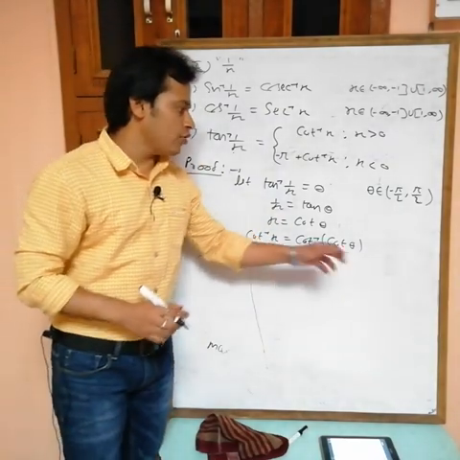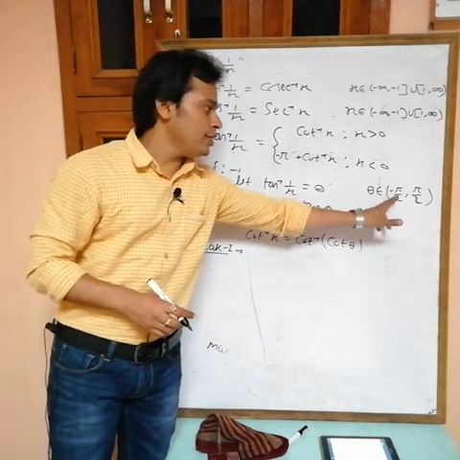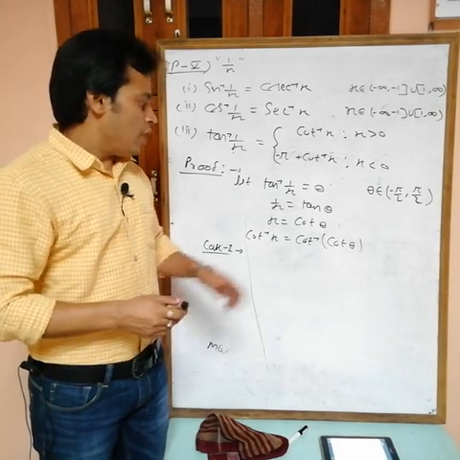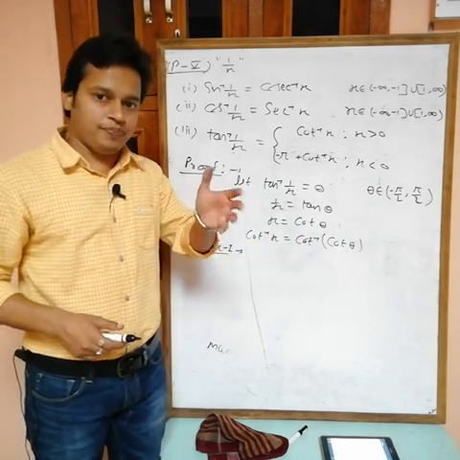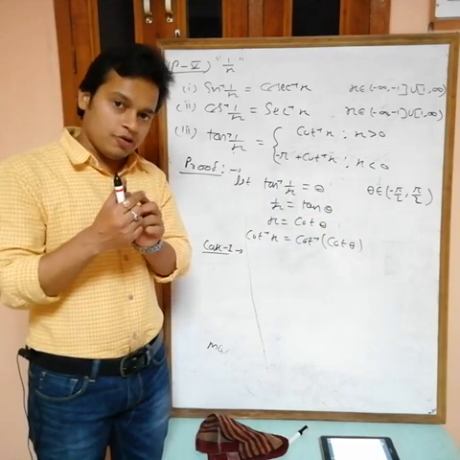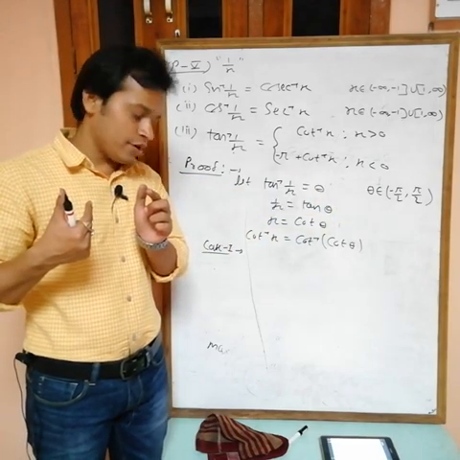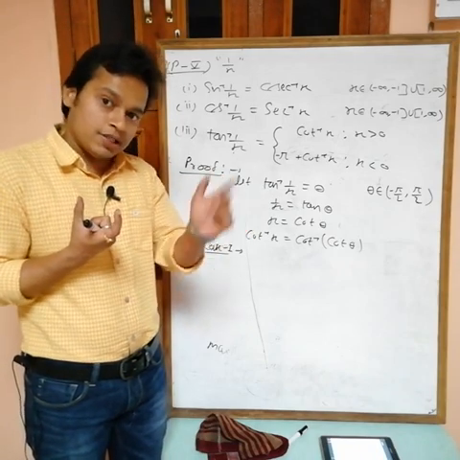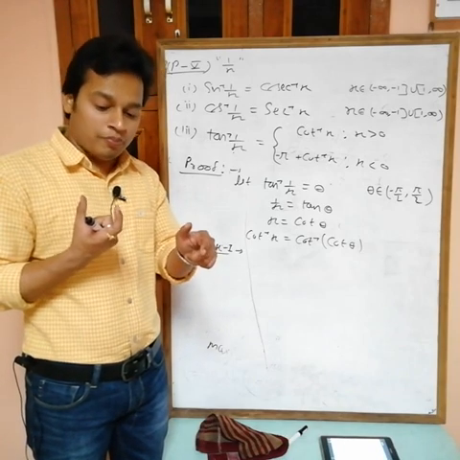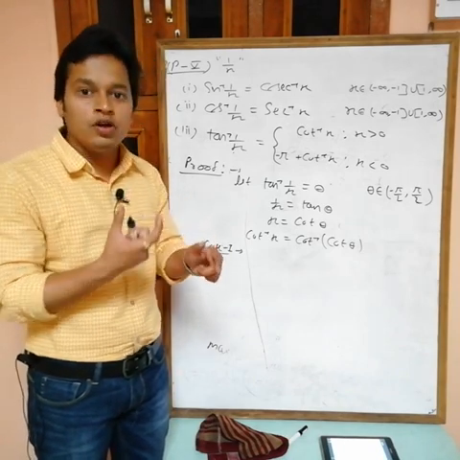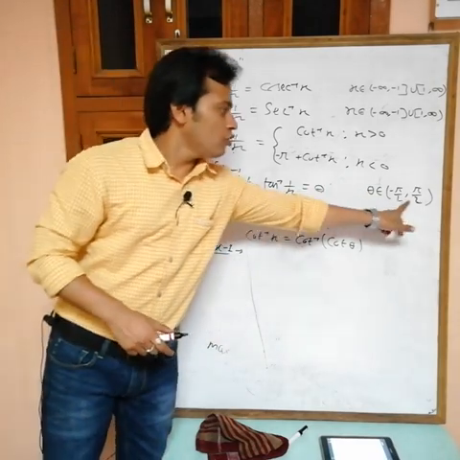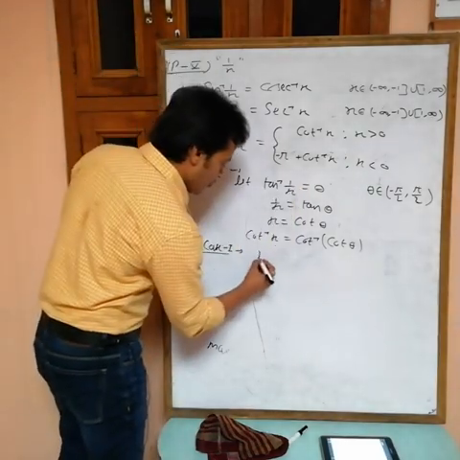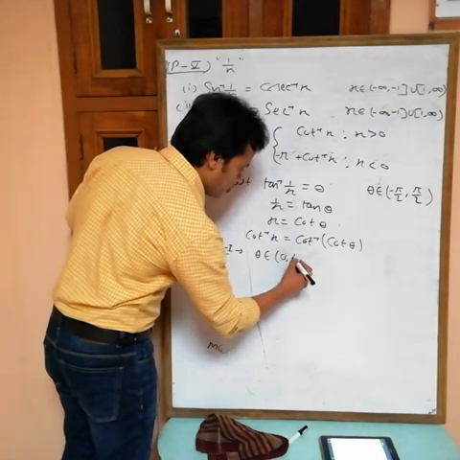In cot inverse cot theta, the value of theta is from minus pi by 2 to pi by 2, but the range of cot inverse is only 0 to pi. So for these values of theta you can't cancel out, and we have to use the formula. But for 0 to pi by 2 we can cancel out. So first I am taking the case 0 to pi by 2 separately, and then minus pi by 2 to 0. Case 1, when theta belongs to 0 to pi by 2.